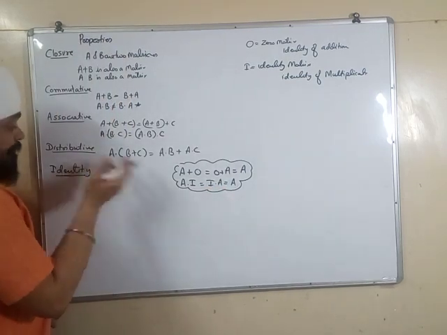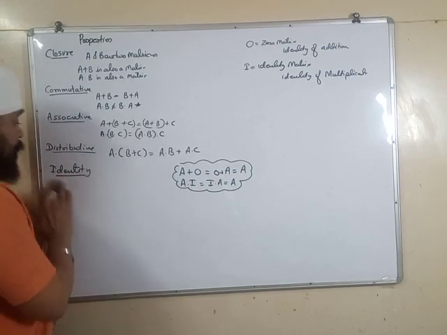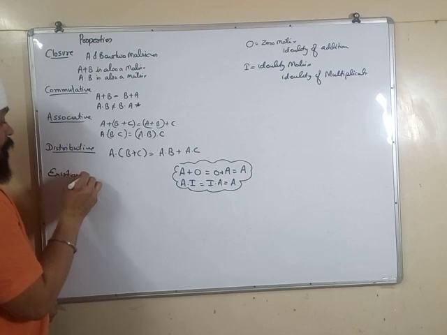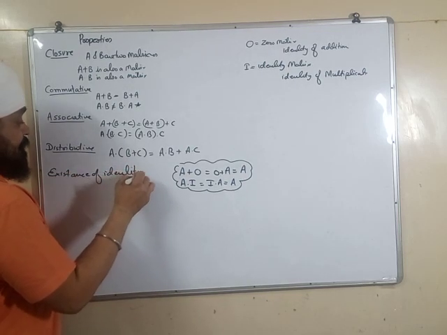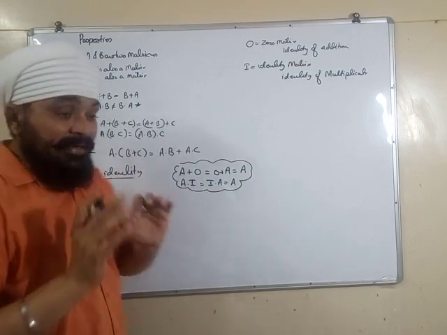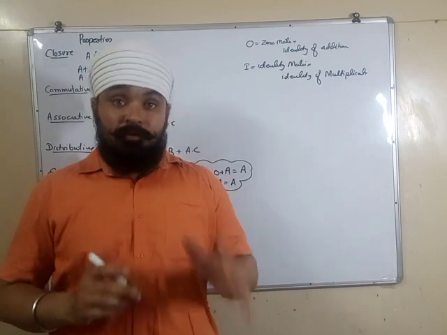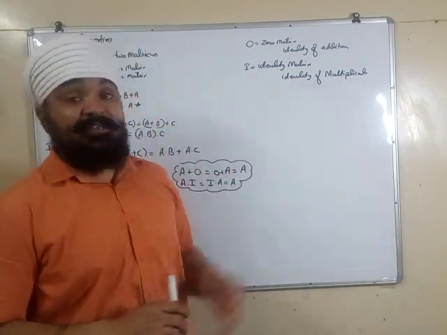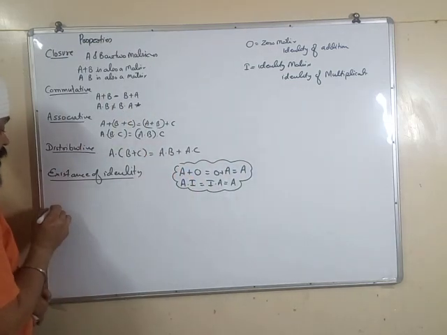Then identity law is there, that is existence of identity. Rather we can write that identity property, we can write here existence of identity. इसका मतलब ये हुआ मैट्रिक्स नाम के बड़े से सेट में आइडेंटिटीज होती हैं. एडिशन के लिए भी एक मैट्रिक्स अवेलेबल है जिसको जीरो मैट्रिक्स कहते हैं और मल्टीप्लिकेशन के लिए भी आइडेंटिटी मैट्रिक्स है. इसी प्रकार लास्ट वाला आता है